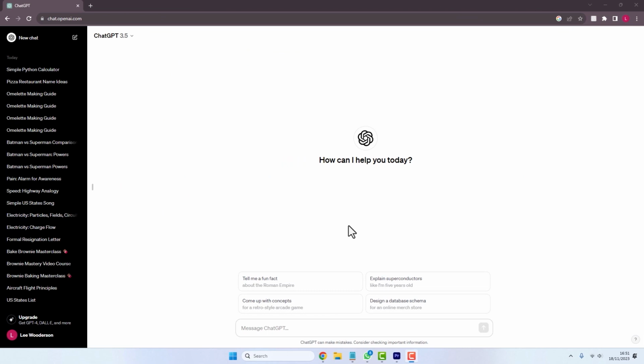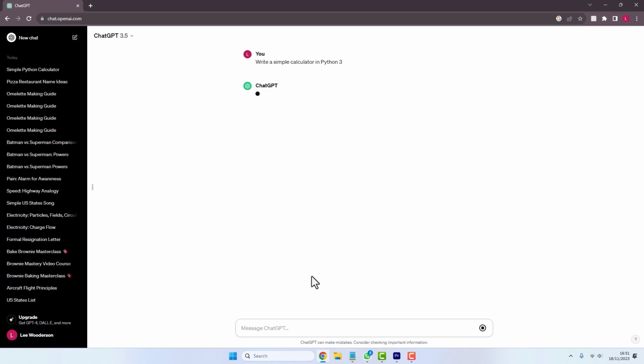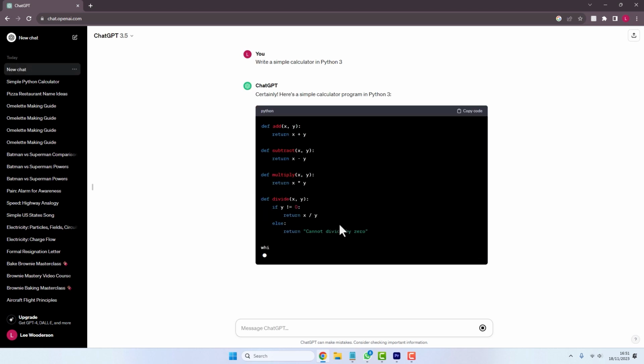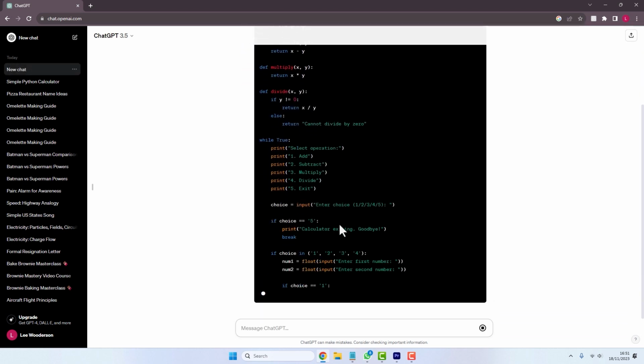So one of the most powerful features of ChatGPT is the ability for it to write code in programming languages such as Python, HTML, Java, and many more. I'll show a basic example in Python. What we'll get it to do is create a calculator. So I'm going to say write a simple calculator in Python 3. We'll take the code that it spits out